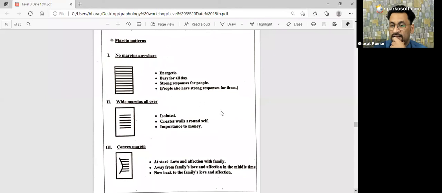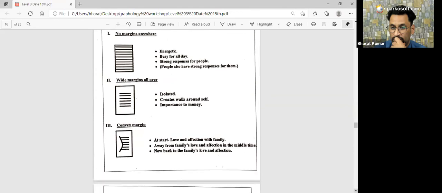No margin is there: energetic, busy for all day, strong response for people. If wide margins in all four sides: isolated person, highly isolated, creating walls around himself or herself. He is having his own limitation. He is having his own boundaries in the life. He gives importance to money. If convex kind of margin is there,